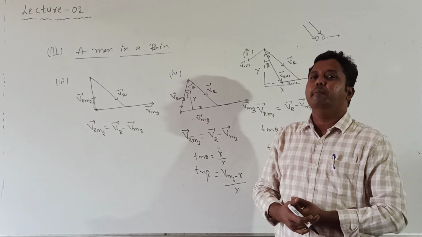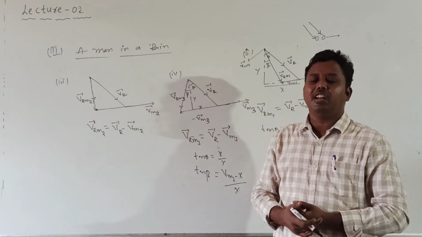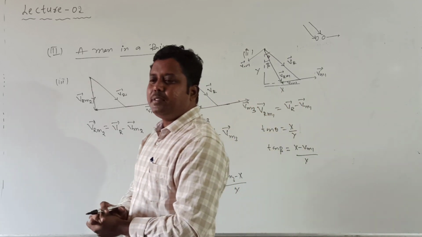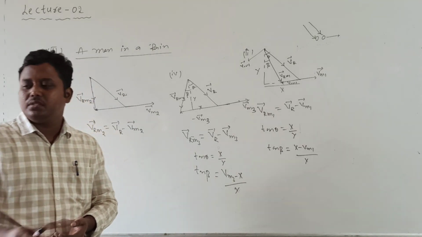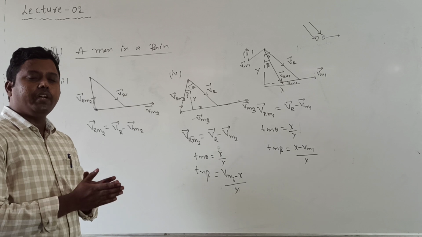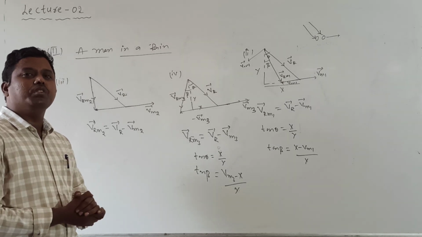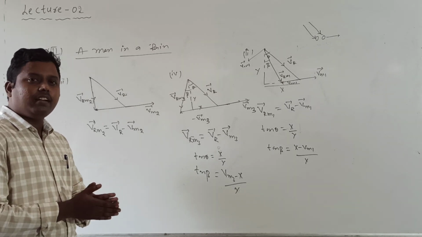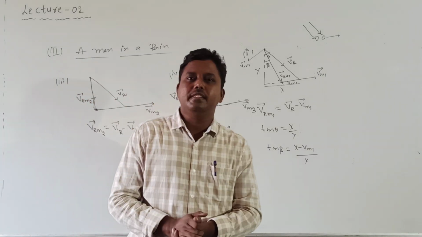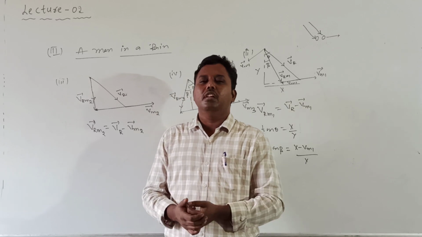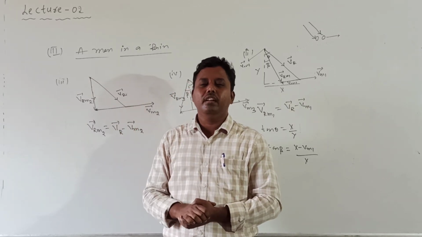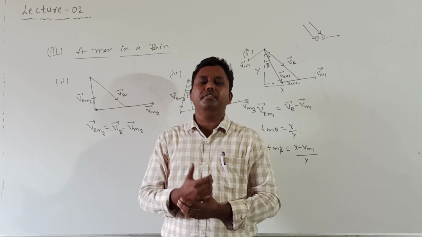So this is the man in rain case, like the man in a river. This is also a concept based on relative velocity. So these are the concepts of the chapter vectors. We completed only one half of motion in a plane. Two parts are there. The first part is vectors. Now we have completed vectors. In the next class we will continue with the numericals of vectors. After completing that, we will start the remaining part of motion in a plane.